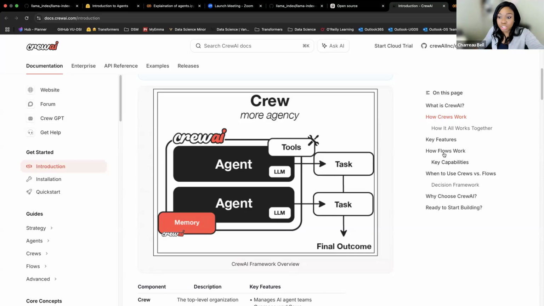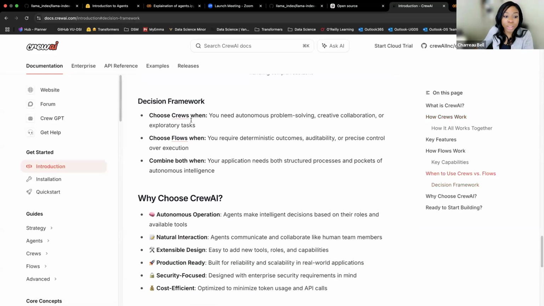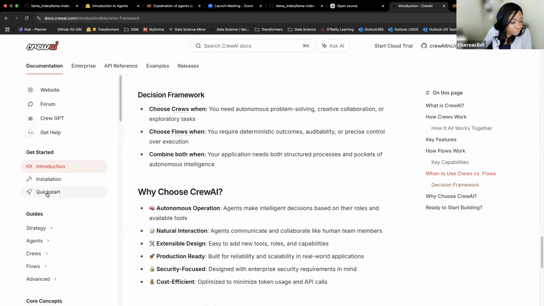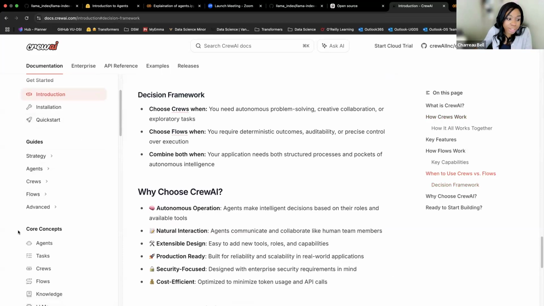And again, we can do flows instead if we would like to specify more clearly how we want our system to behave and control some of the execution. So read here a little bit more about when you use one versus the other. These guides right here, super nice. Give them a good read. Very informative about what to do and how to think about things.